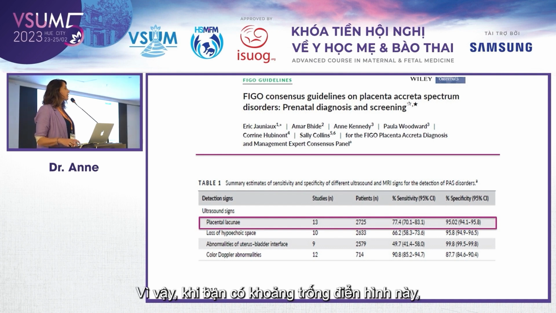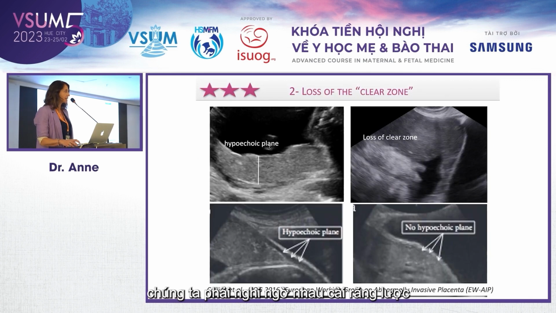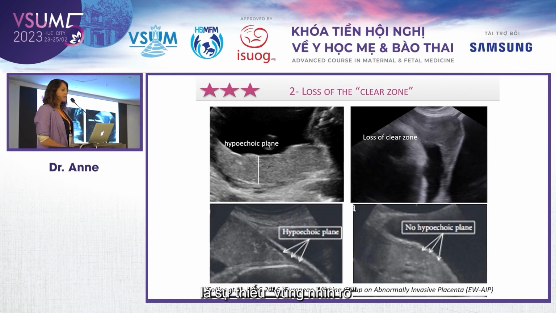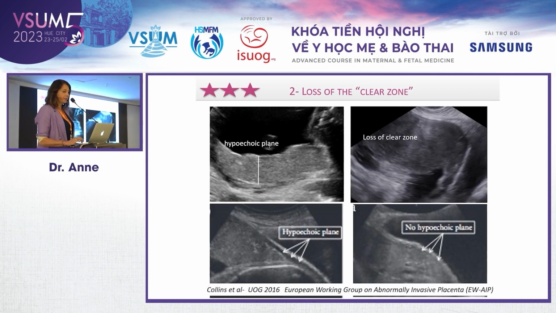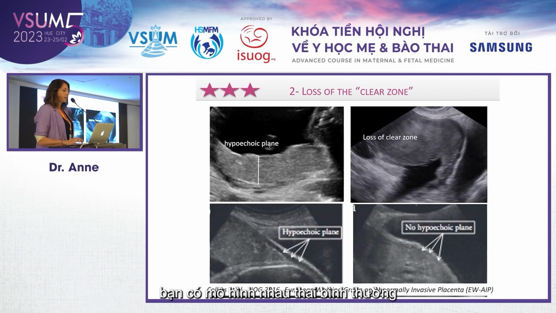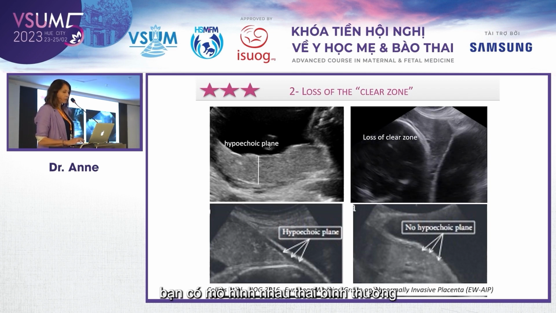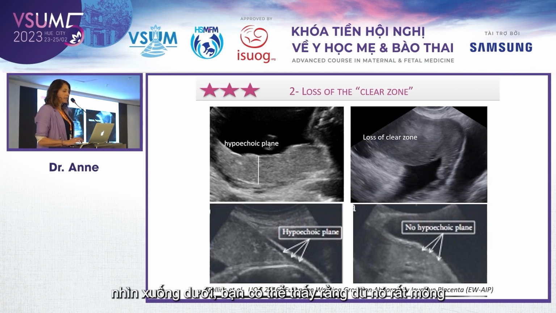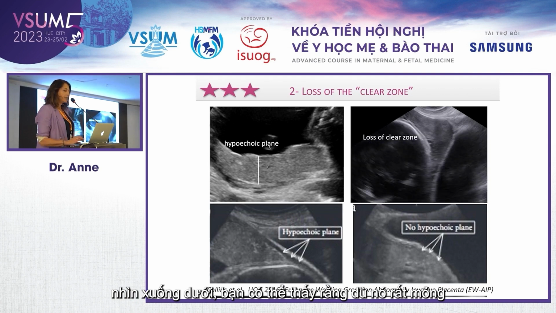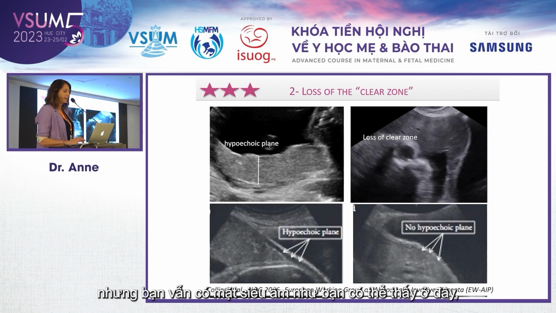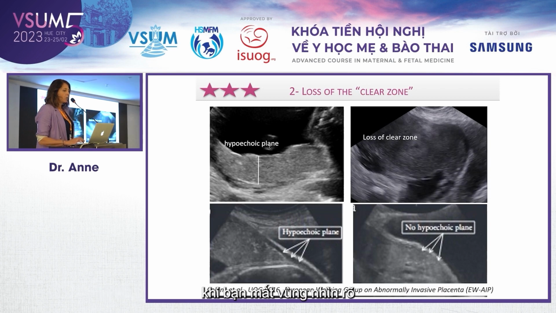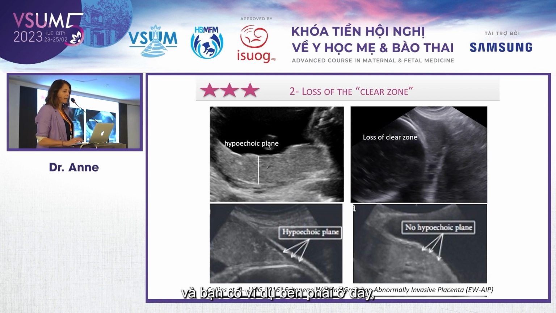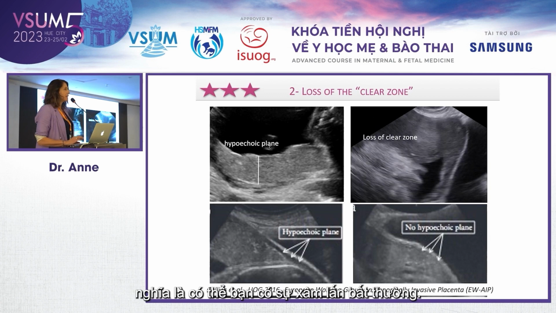So when you have this typical lacunae, we have to suspect placenta accreta. The second sign, very important, is the loss of the clear zone. And here on the left, you have a normal pattern of a low inserted placenta, and you see that even if it is very thin, you have this hypoechoic plane, as you can see here. When you lose this clear zone, and you have the example on the right here, it means that probably you